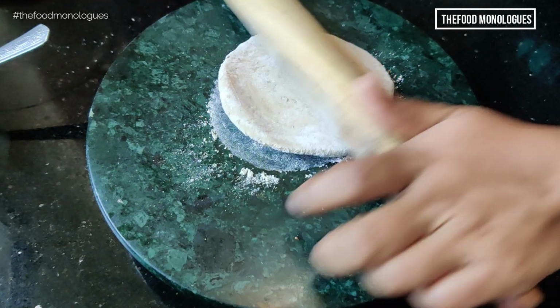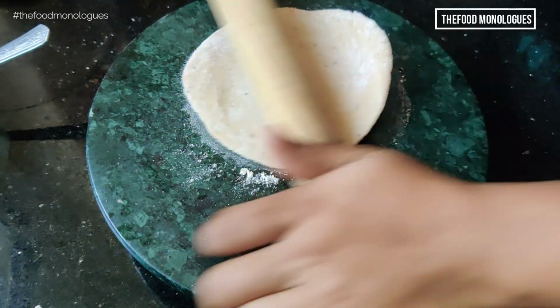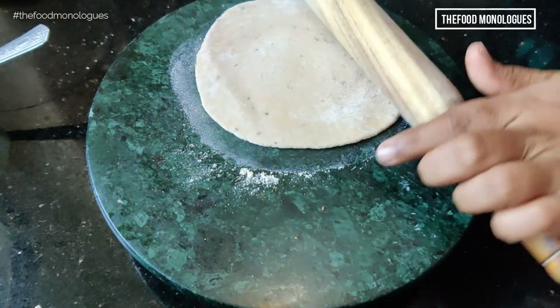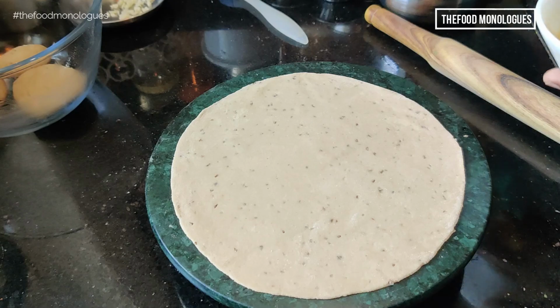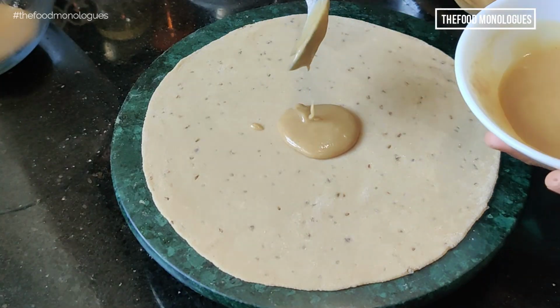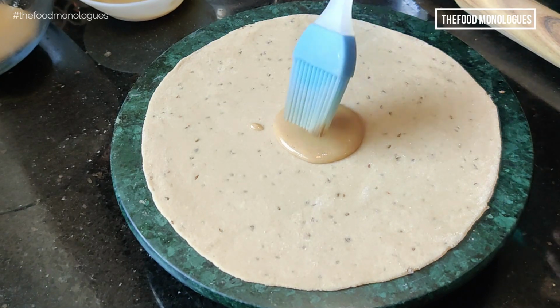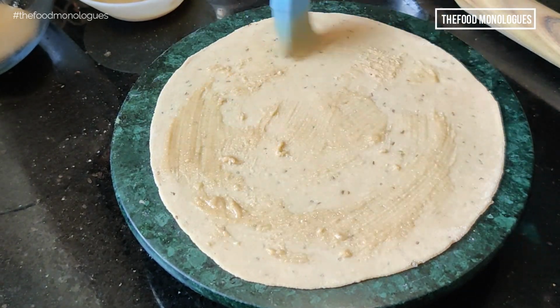Now take 1 dough ball and roll it out into a thin large roti. The roti has to be thin so that the layers also come out thin. Now put 1 teaspoon of slurry onto the rolled roti and spread it properly with the brush such that it